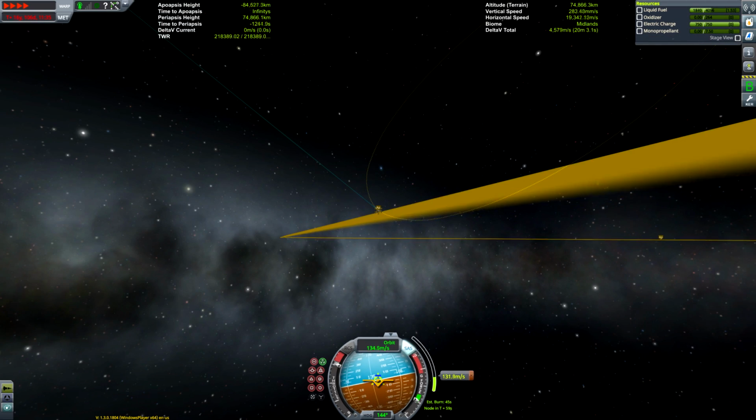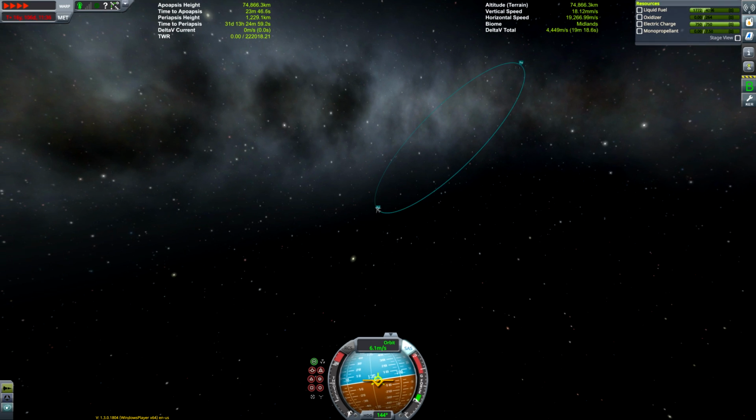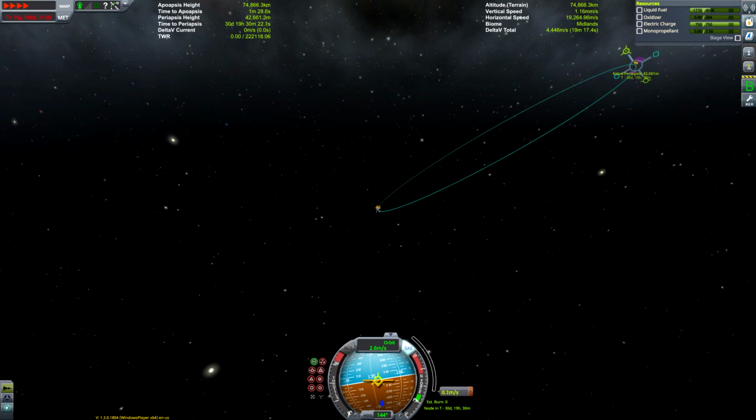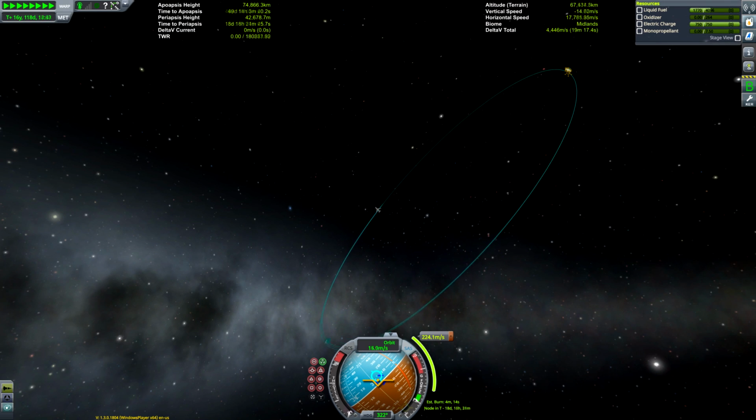Well, the mistake people often make is they just try and get an encounter with Eeloo and get it that way. What you can often get is quite expensive burns there. The way you minimize the cost of a burn is by getting your initial orbit that you have before you get the encounter. You want that orbit to as closely mirror that planet's body as possible, because what you're essentially doing,